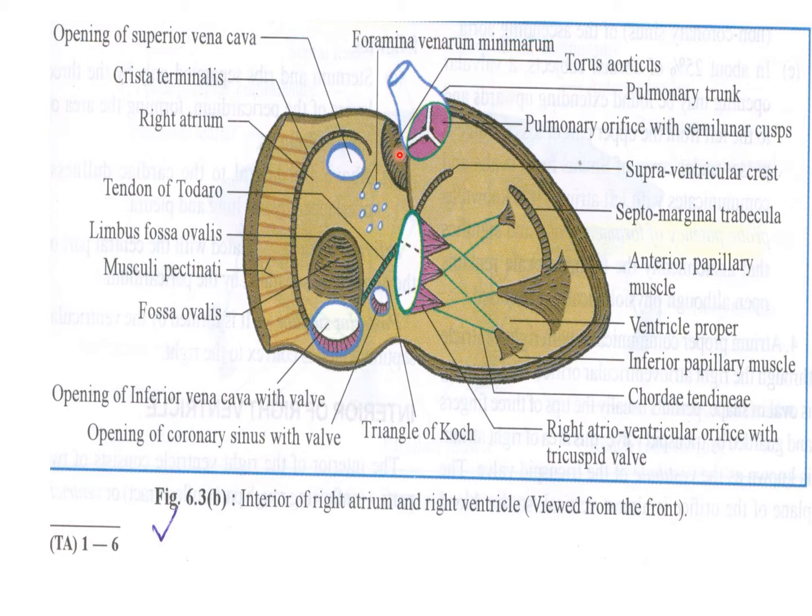टोरस एलिवेशन है, one type of elevation. कहाँ पे आता है? Anterosuperior part of the septum, and it is caused by the bulging of the right posterior aortic sinus of the ascending aorta. Ascending aorta का वहाँ पे aortic sinus होता है राइट साइड का, so वहाँ पे open होता है, इसलिए वहाँ पे bulging हो रहा है right atrium में. So this is the elevation in the anterosuperior part of the septum caused by the bulging of the right posterior aortic sinus of the ascending aorta.